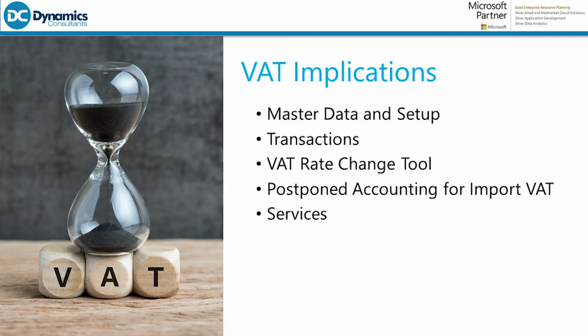Obviously, most discussions around VAT imports and exports are around goods. In terms of services, for import of services, it is possible to use the reverse charge functionality. Where it comes to export or selling services,